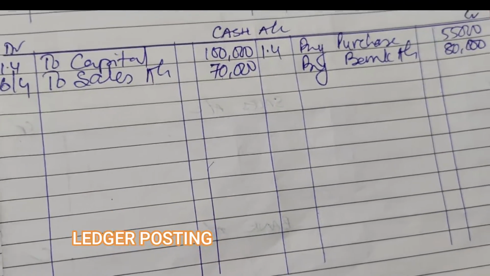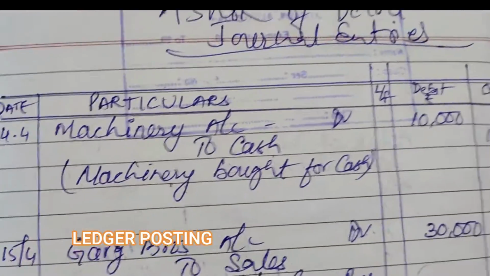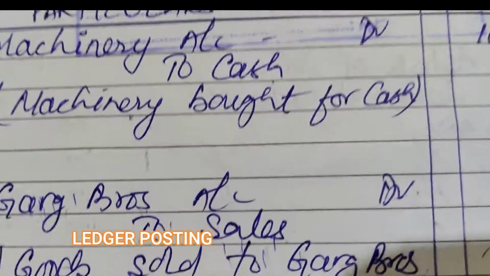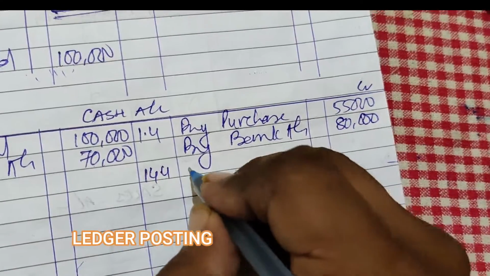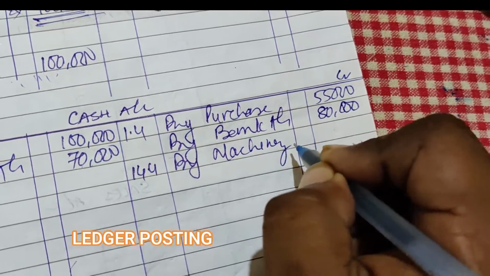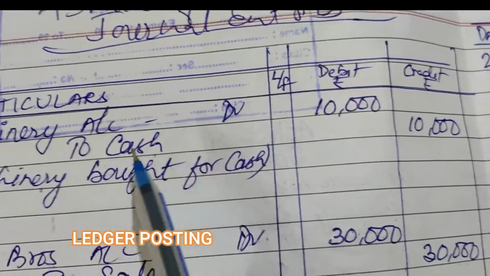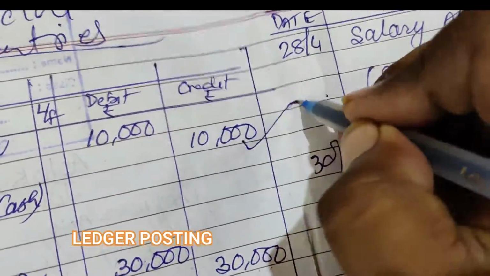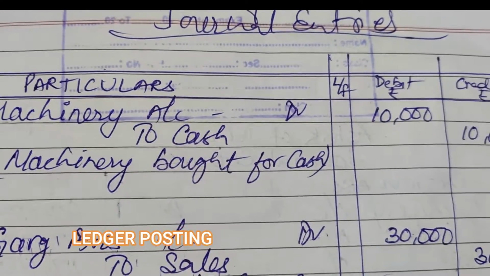Okay, any more cash here? There are still many cash entries. Machinery account is debited to cash. On 14th April, cash account is credited by machinery. So on 14th April on the credit side, what do you write? By machinery. By machinery how much? 10,000. This amount of cash is created. Whichever one you have done, just tick it, so afterwards you will not get confused. You tick what is already posted.